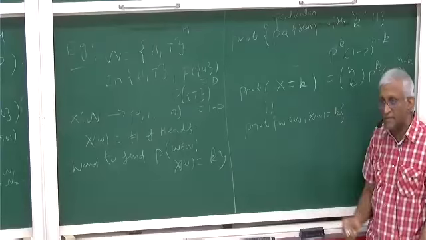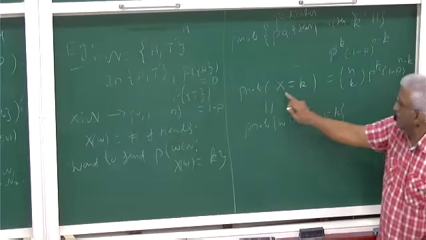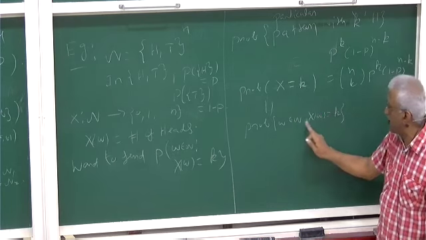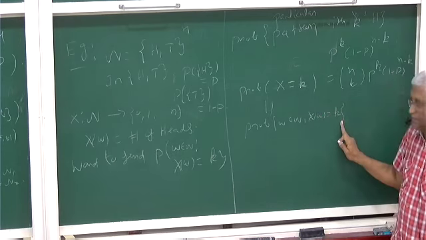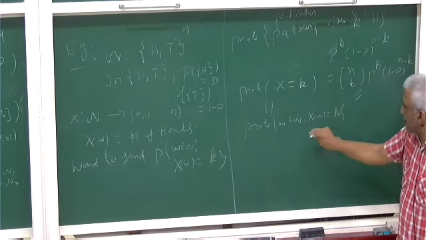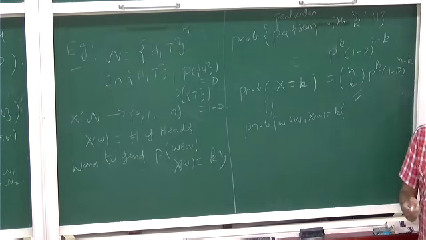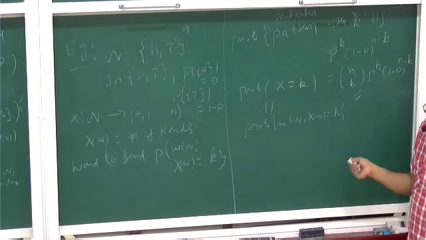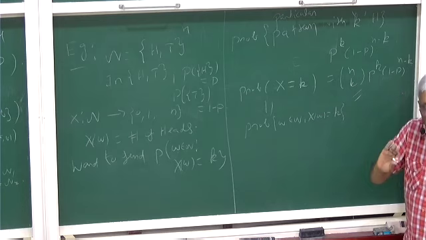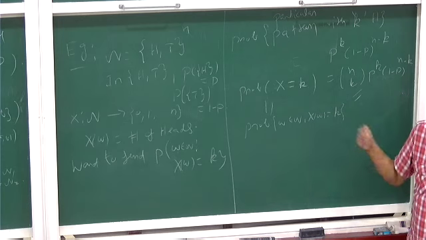It's a probability distribution on the real line, on 1 to n. Probability of X equal to k is the probability of the set of omega such that X of omega equals k. That is equal to this. This function on each of 1 up to n is what is called probability density. It's not exactly density, since in the continuous case it is different. We call it the probability mass function.